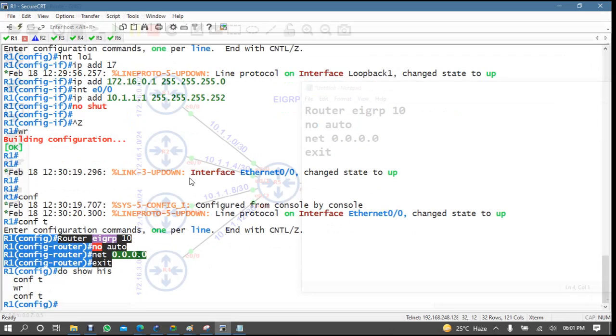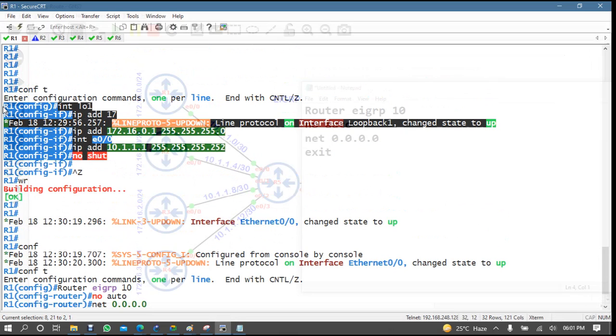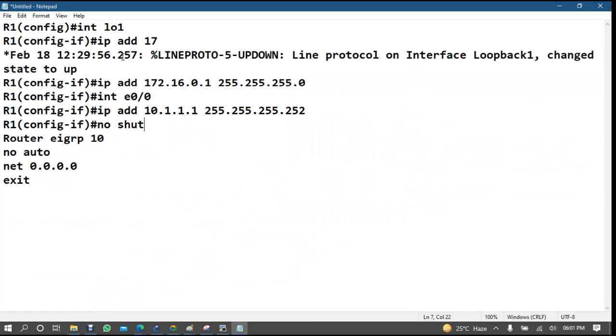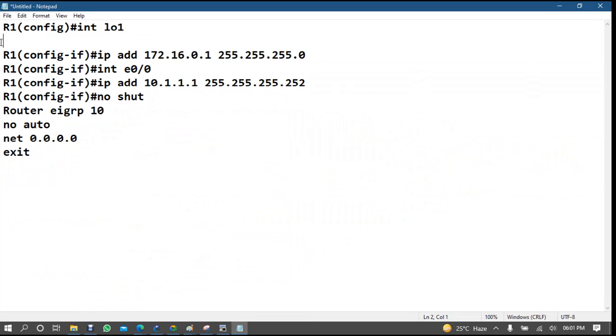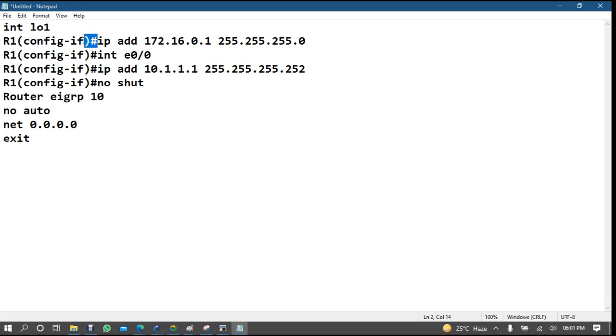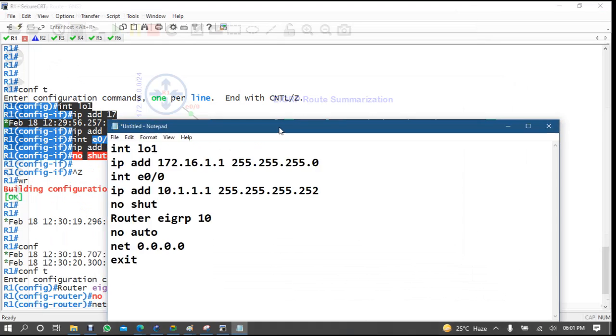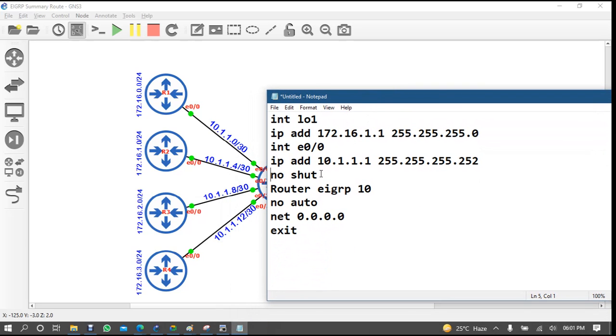Copy the loopback address and this one for R1. Interface E0/0, here is 1.1 and here is 5. Okay, I think now loopback 1 is 1.1, 10.5.